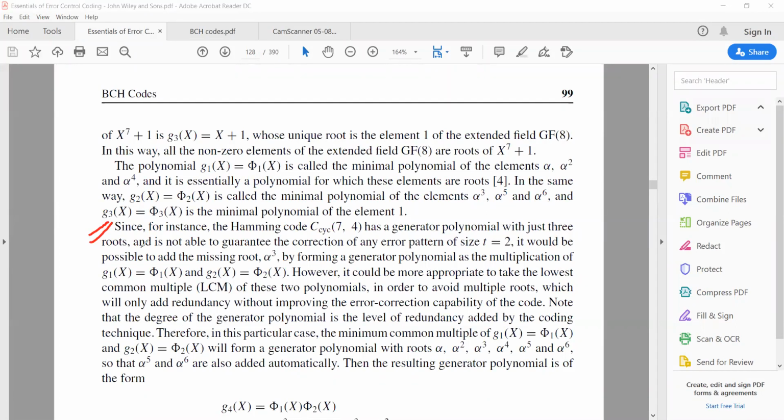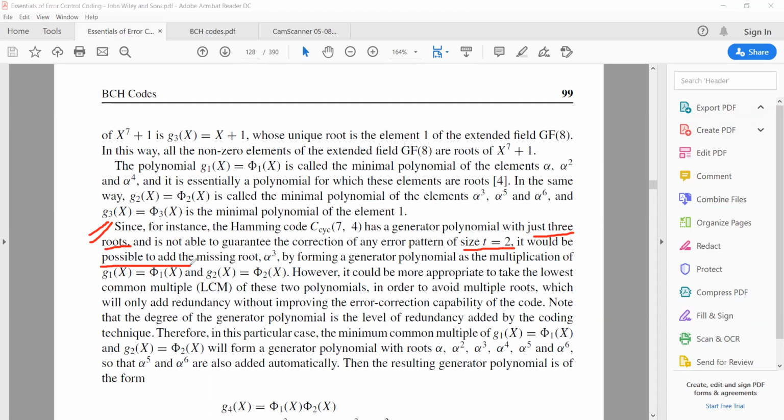What it is telling is that the Hamming code (7,4), or you can say the cyclic code (7,4), has a generator polynomial with just 3 roots. Only 3 roots are there. But this is not possible to correct the error pattern of size 2. So we need another root. So it would be possible to add that another root